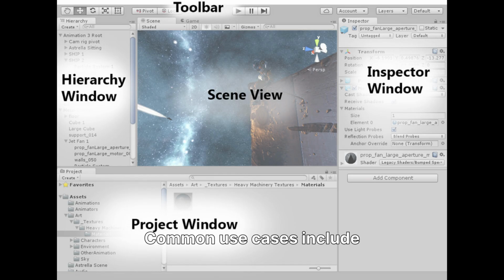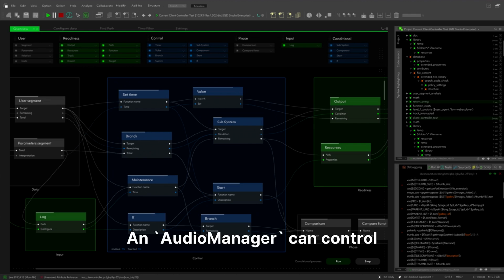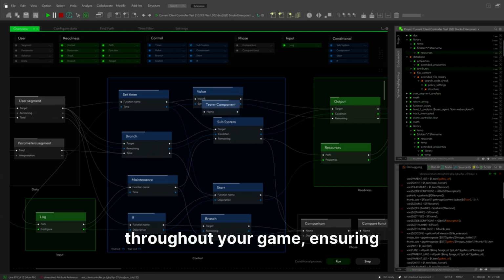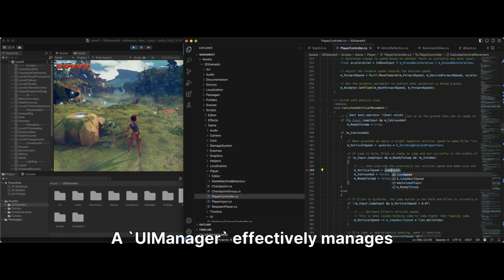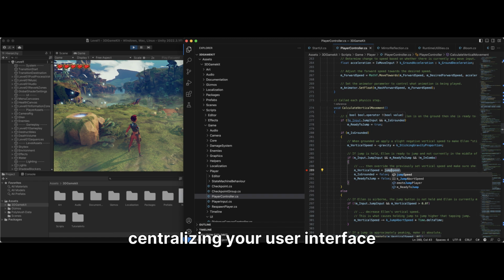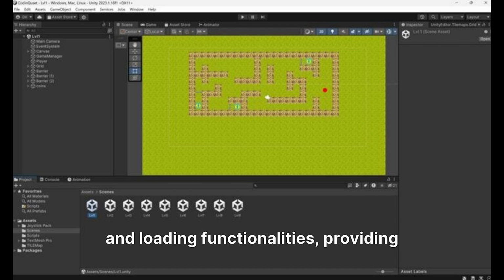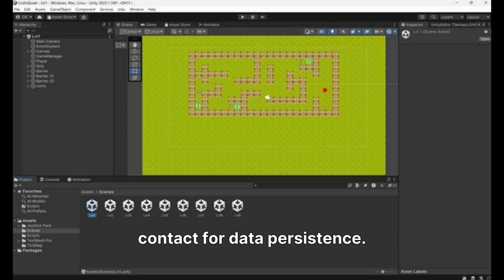Common use cases include a game manager to oversee overall game state, like score or level progression. An audio manager can control and play all audio throughout your game, ensuring consistent sound management. A UI manager effectively manages UI elements and switches between different UI panels, centralizing your user interface logic. Finally, a save system can handle all game saving and loading functionalities, providing a single point of contact for data